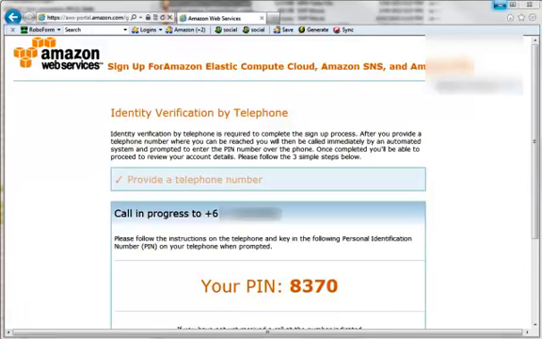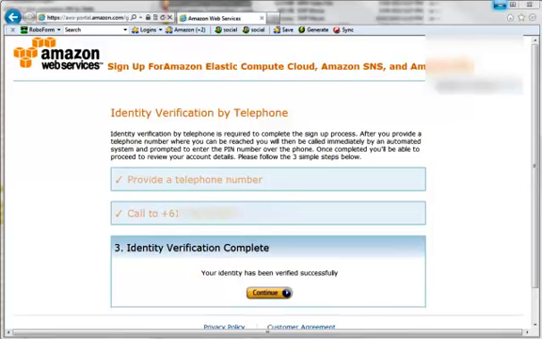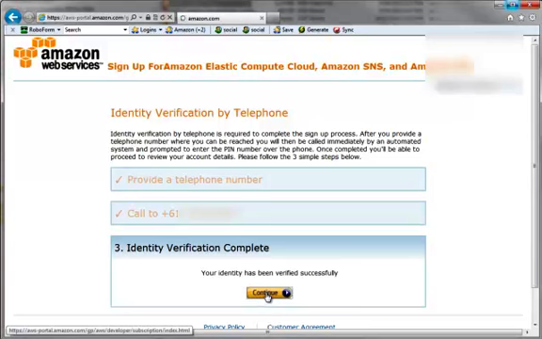And there's the call now. And there we have it. I got the phone call, I punched in the PIN number, and the verification is complete. Wow, I'm going to have a lot of blurring out to do there. And then we just click on continue,